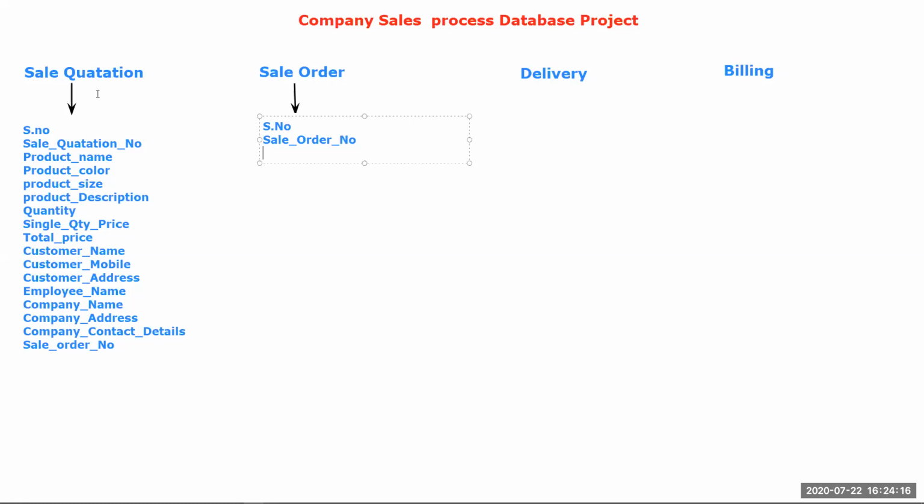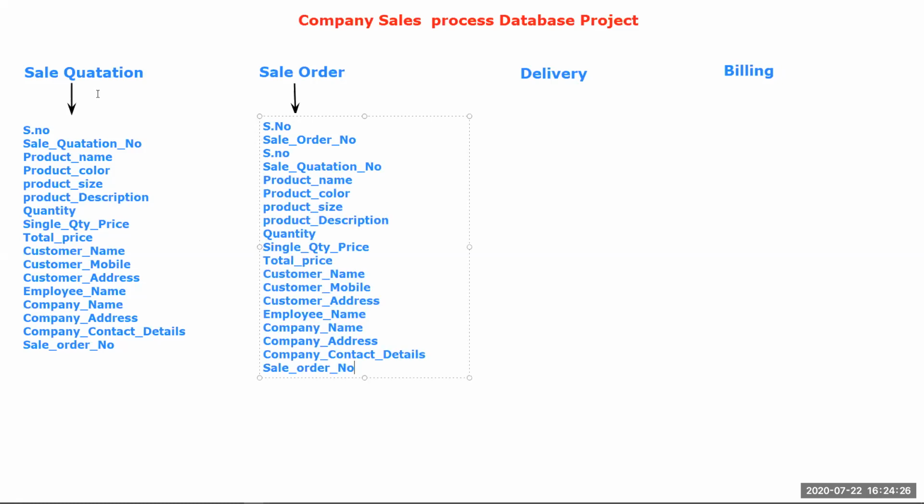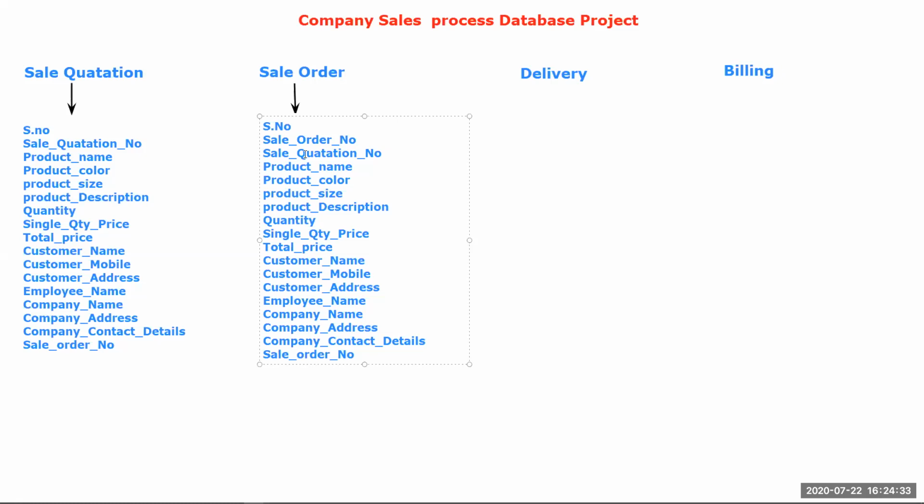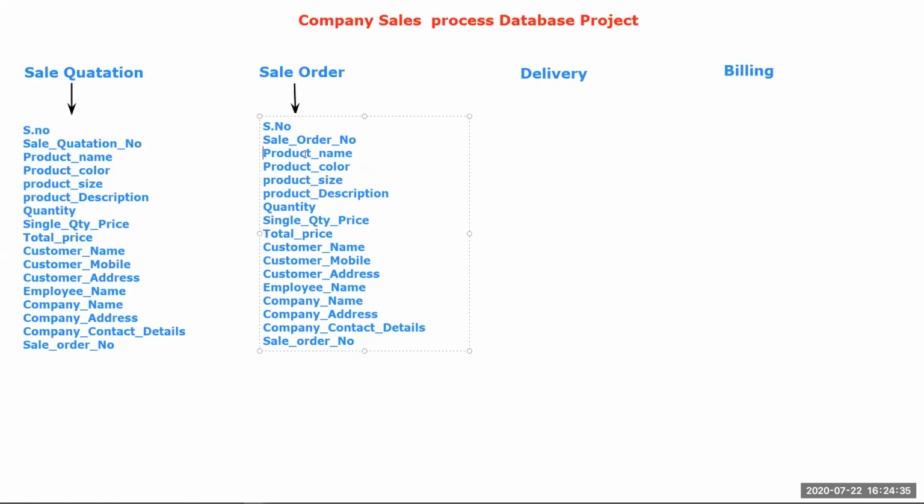Okay. Then now you can copy from product name to company contact details. Okay, so I just paste these columns, and here delete this. So now we have sale order number, product name, product color, product size, product description, quantity, single quantity price, total price, customer name, customer mobile, then customer address.